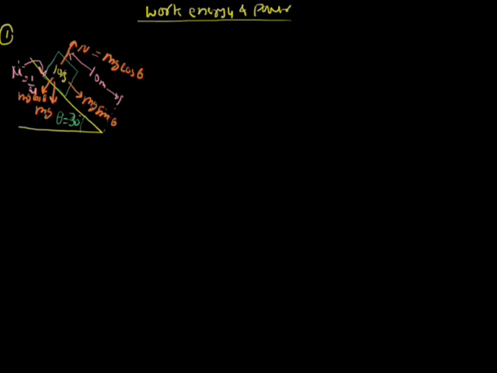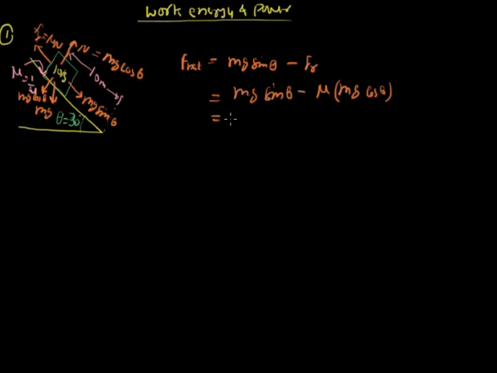Due to this N and the friction between the two contact surfaces, there will be a friction force Fr, and this friction force will be equal to mu N. Okay. So now the net force acting on the body, F net, is equal to mg sin theta minus Fr, friction. So mg sin theta minus mu mg cos theta. By putting in the values, this is 10 sin 30, which is half, minus mu 1 by 4, 10 into 10 cos 30, root 3 by 2.